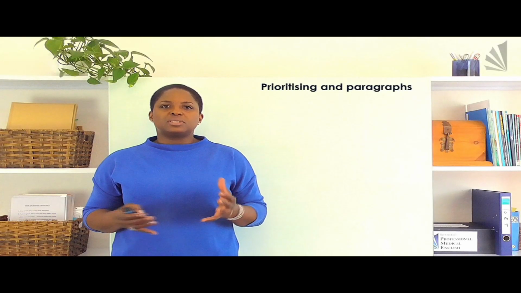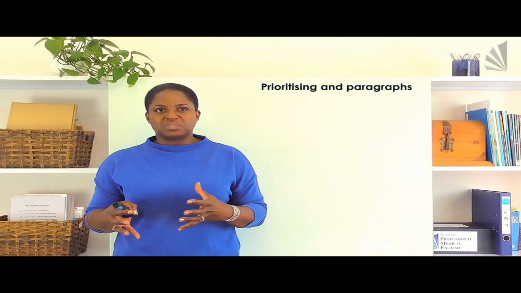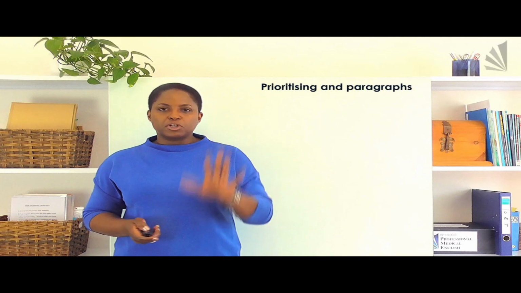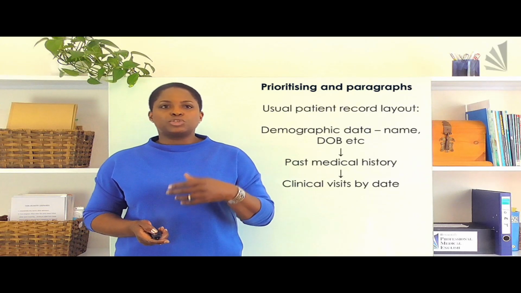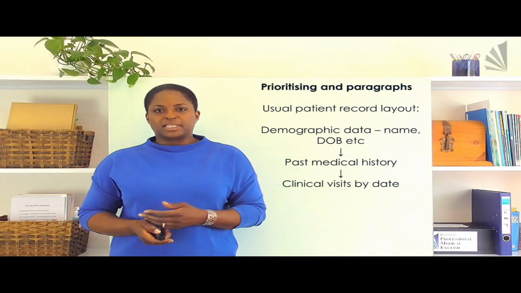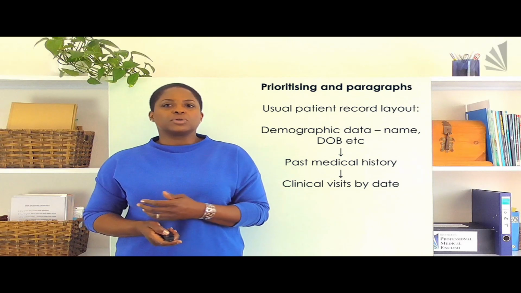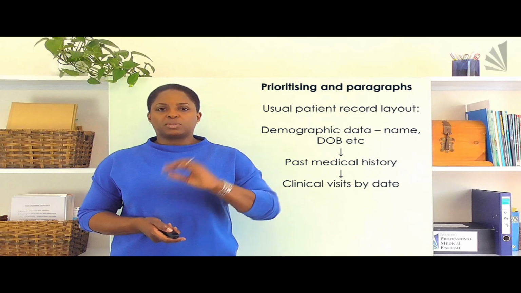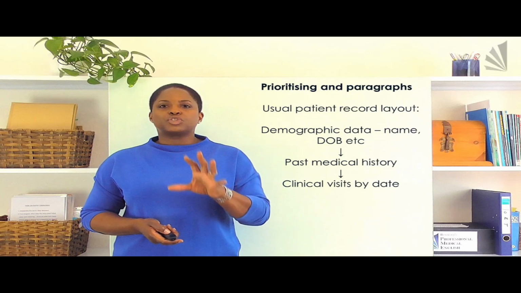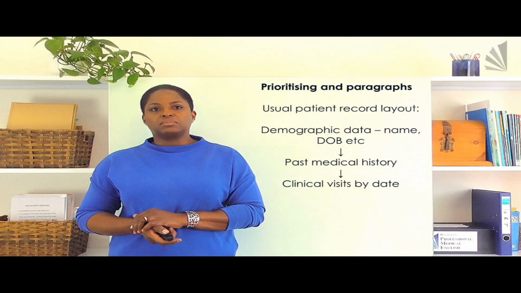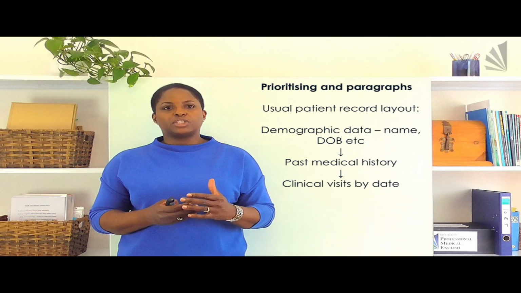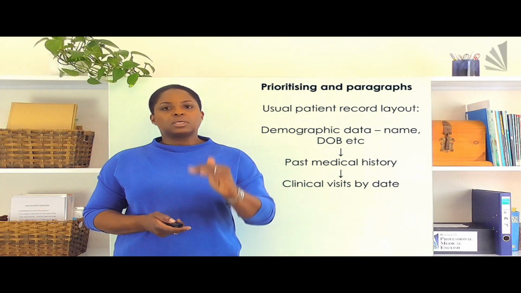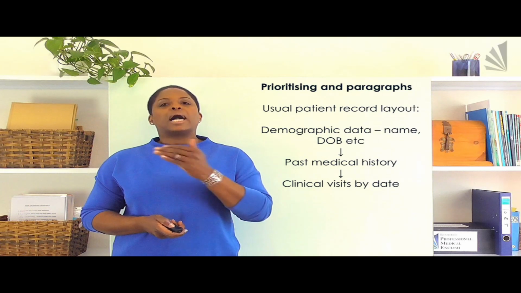While institutions may use different data systems, certain things are common to patient records the world over. The first page or first entry is usually the patient's personal demographic data: their name, address, date of birth, maybe their next of kin. Then comes their general medical history with past illnesses, treatments, surgeries, and their outcomes. And finally comes the section with their medical care, their clinical visits or treatments, usually recorded by date as they